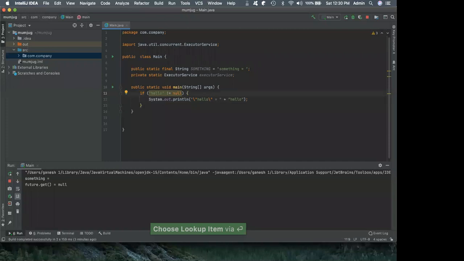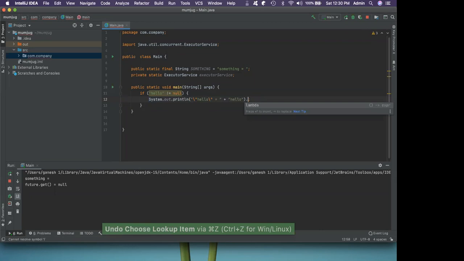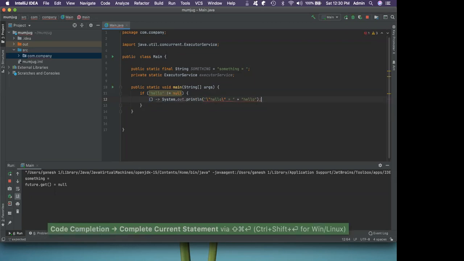So what I can do is make them lambdas, convert them into lambdas, right? And then extract them and move them into the corresponding classes. So this is a primitive refactoring. Converting a statement to a lambda, for example, is a primitive refactoring. By combining these, I'll be able to achieve the end result that is wanted.